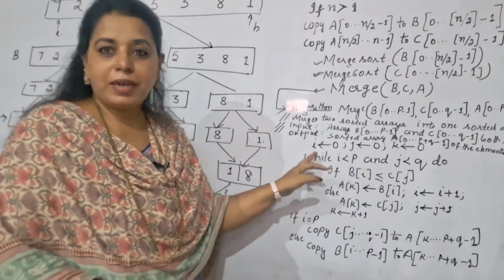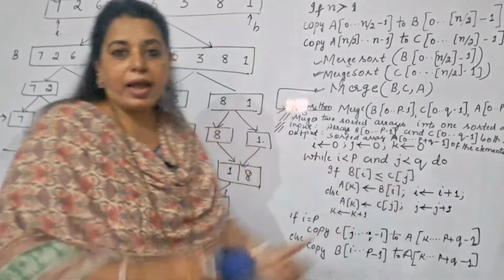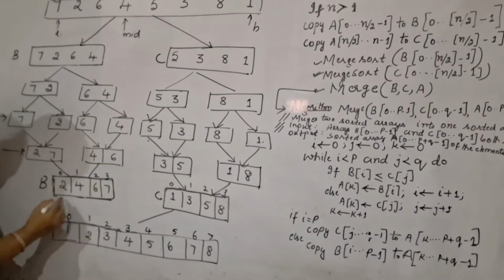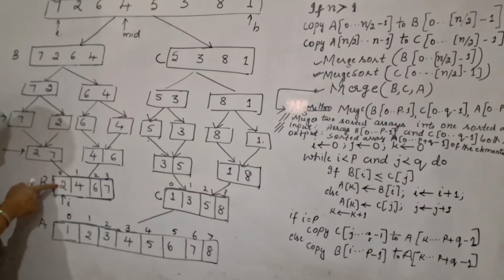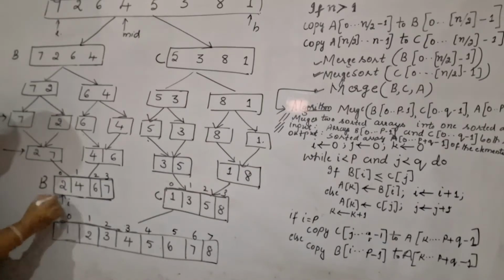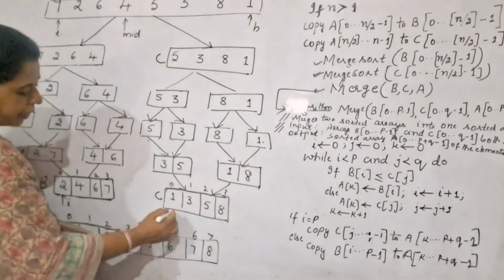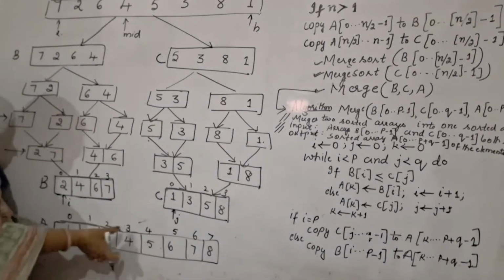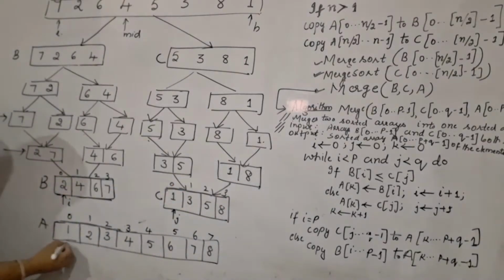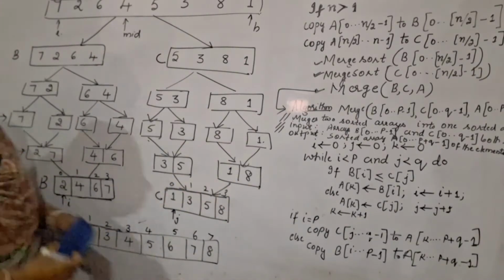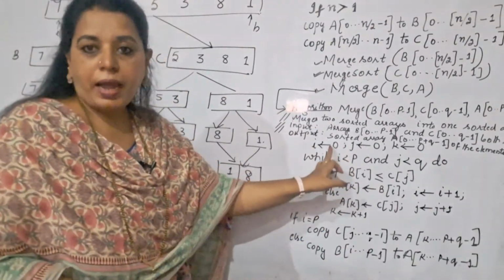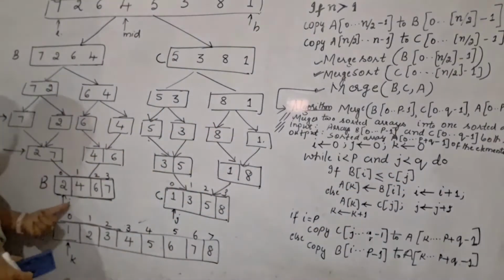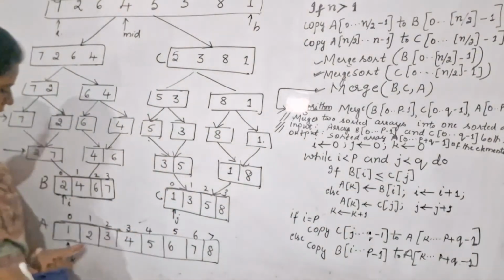So look here, we are using 3 pointers here, I, J and K. I and J will be pointing to these sub arrays. So I can show you here like this. I is pointing to the first element of the B array, and J is pointing to the first element of the C array, and the array which is holding the sorted elements, for that we are using a pointer called K. Initially, if you look here, I is pointing to 0, J is pointing to 0, K is pointing to 0. Same thing I have shown here, I is pointing to 0, J is pointing to 0 and K is pointing to 0.